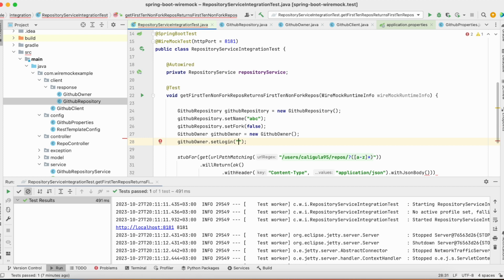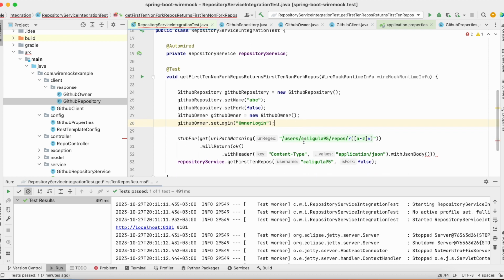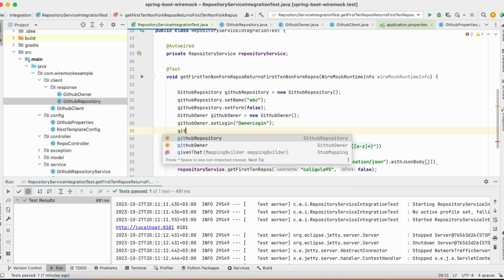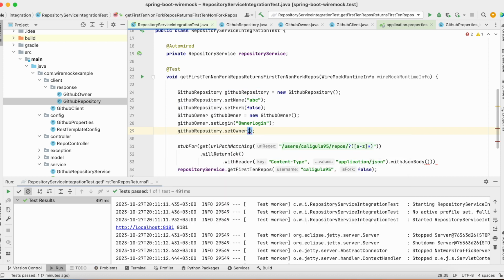And let's specify some owner, something like that, just to see the difference from the real data from GitHub. And I specify GitHub repository set owner, and let me create